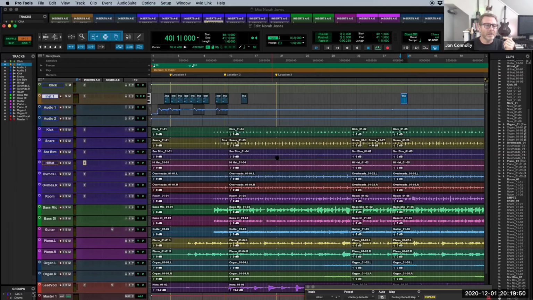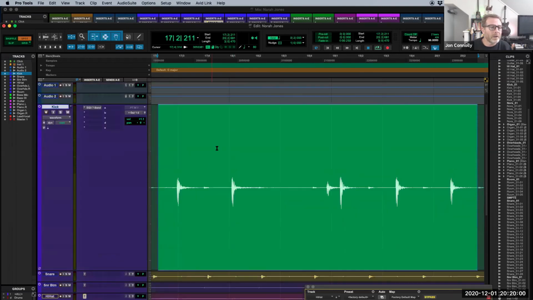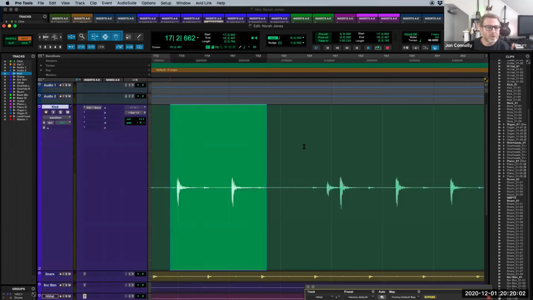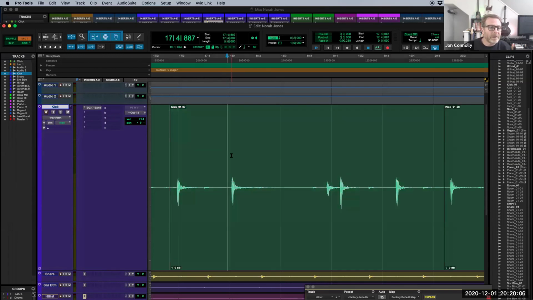Maybe it's an audio file that has a hit in the middle of it that you want to spot at a particular location, and it's this kick drum right here. I'm going to turn this into a clip, and I want to spot it based on that kick drum. I'd hit tab to transient,